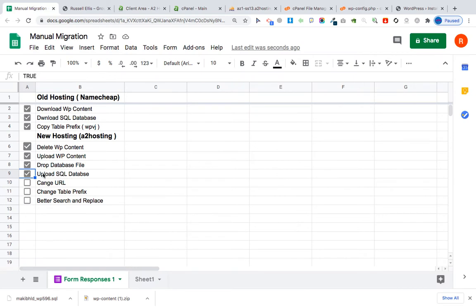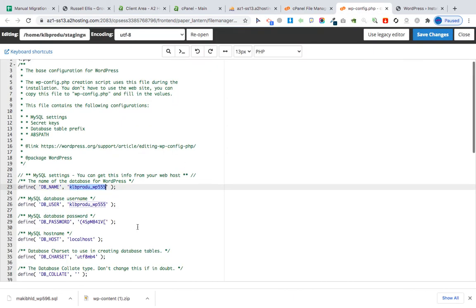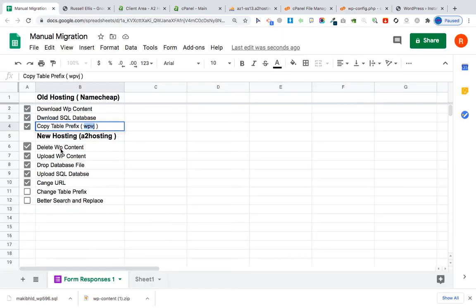Just go back here, and the next step is to change the table prefix that we have just copied from the old hosting. Just copy it and go to the file manager, WP config, and open it here. Just scroll down and here you can see the table prefix. Just delete this one and replace it with the old one. Now click on save changes. Now the table prefix is also updated. Now if we just go back to the website,